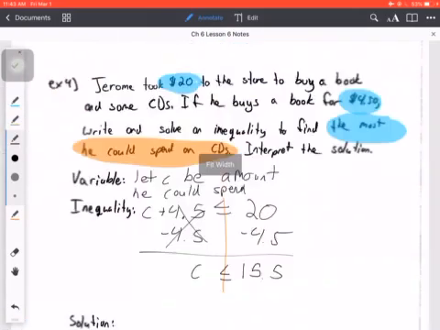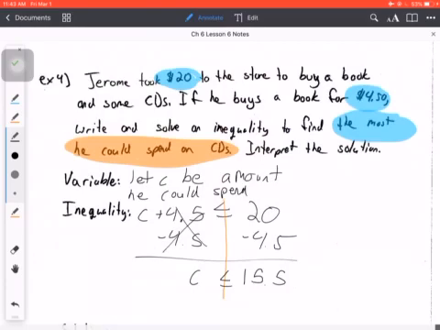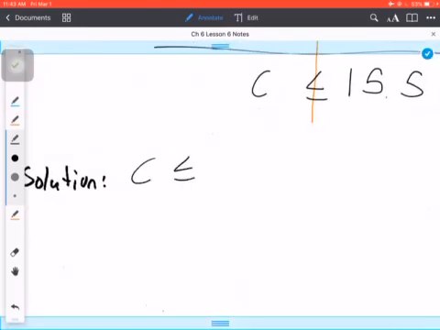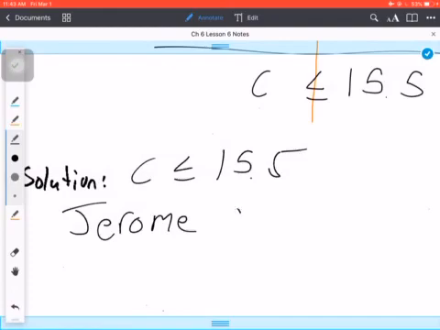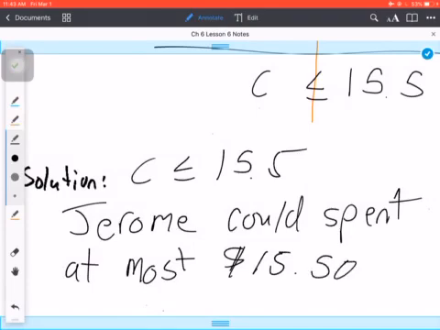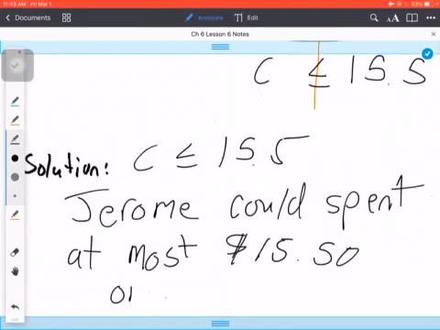Now, I'm not done yet because it does say that I need to interpret that solution. So the solution is, again, C is less than or equal to 15.5, and what this means is Jerome could spend at most $15.50 on